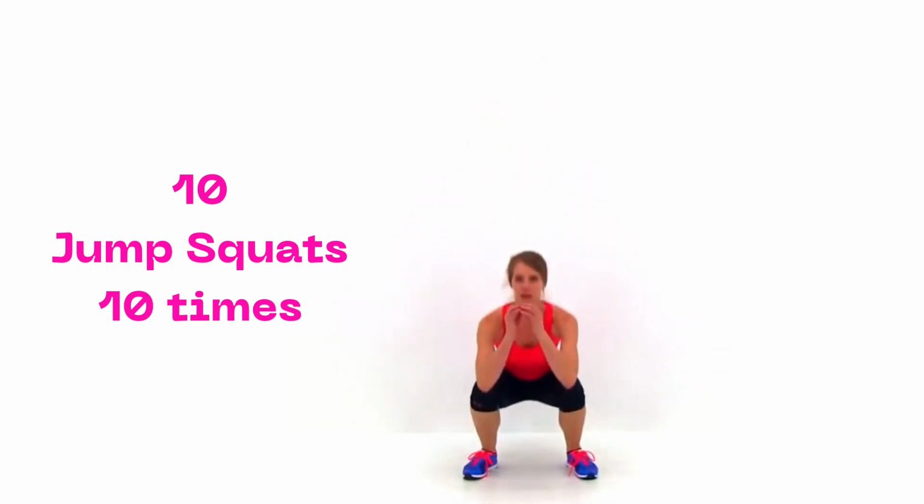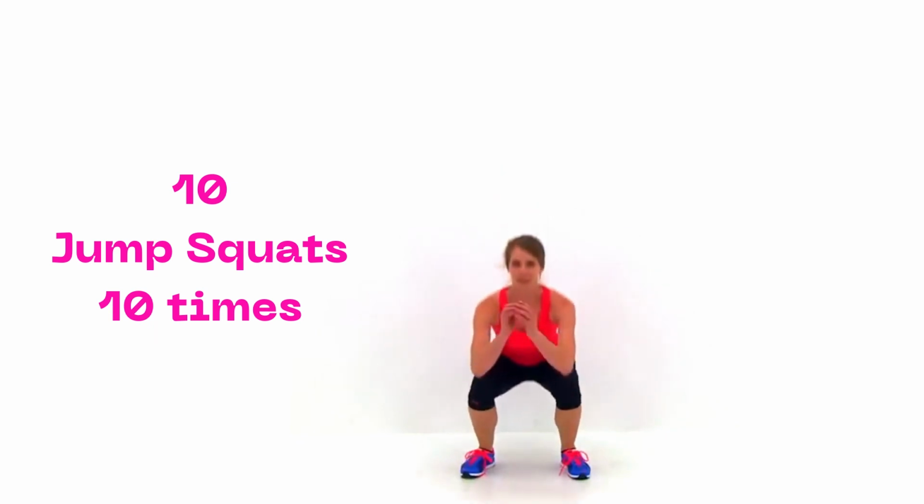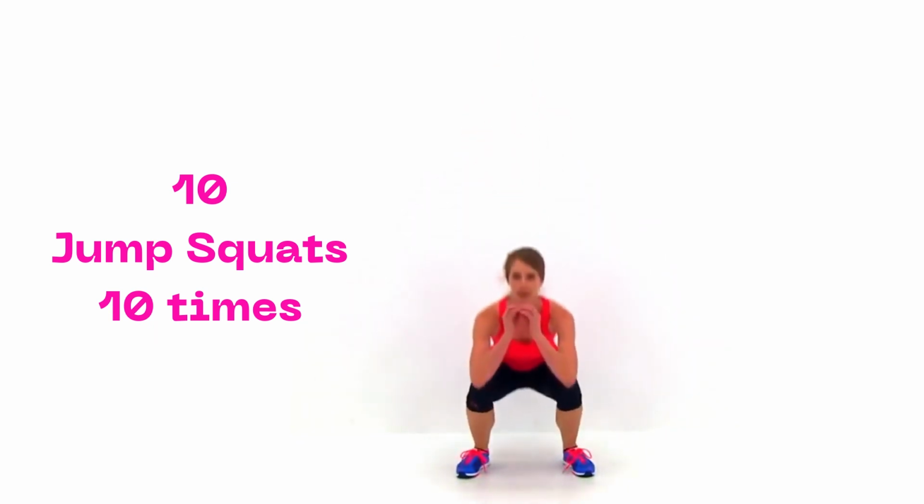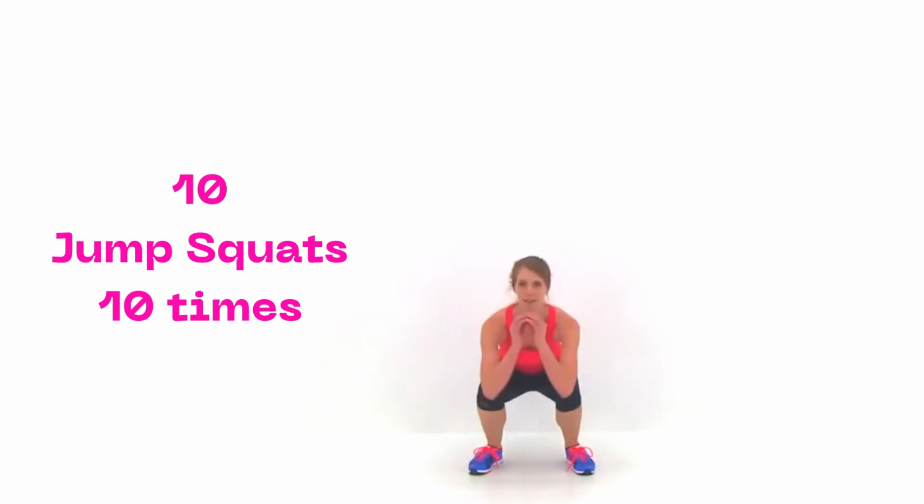Make sure you get a nice slow recoil down into that squat. Get as low as you can before you jump as hard as possible. The lower you go, the more strength development, the more muscle development you can get in that butt, so the rounder it's going to get. Almost done. And let